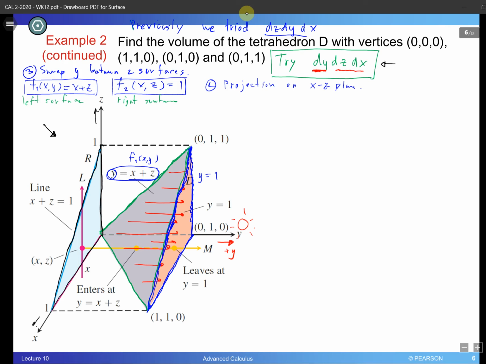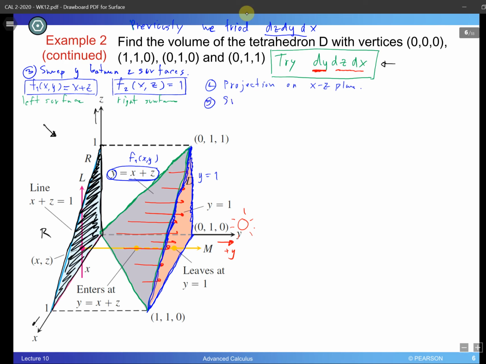Alright, so let's highlight this. This shadow shows up once you put a light over this object. So there you go. This is the projection, and we are going to call this R. Okay, so next thing we are supposed to do is to sweep the second variable, and that is going to